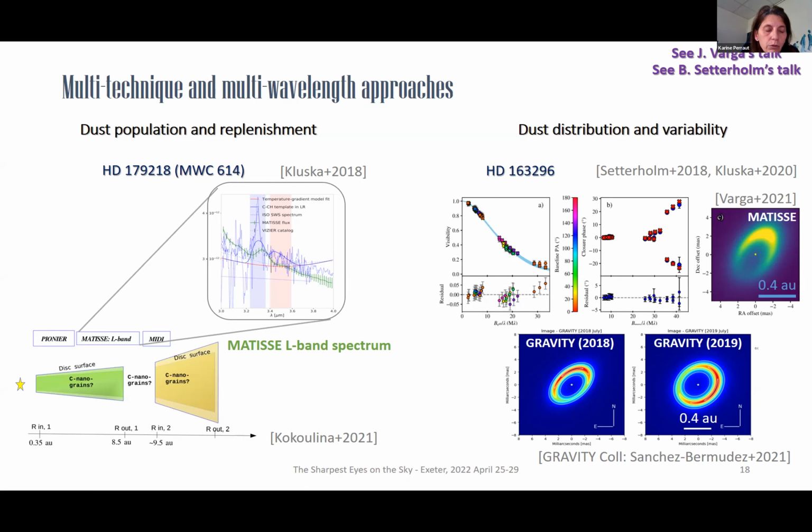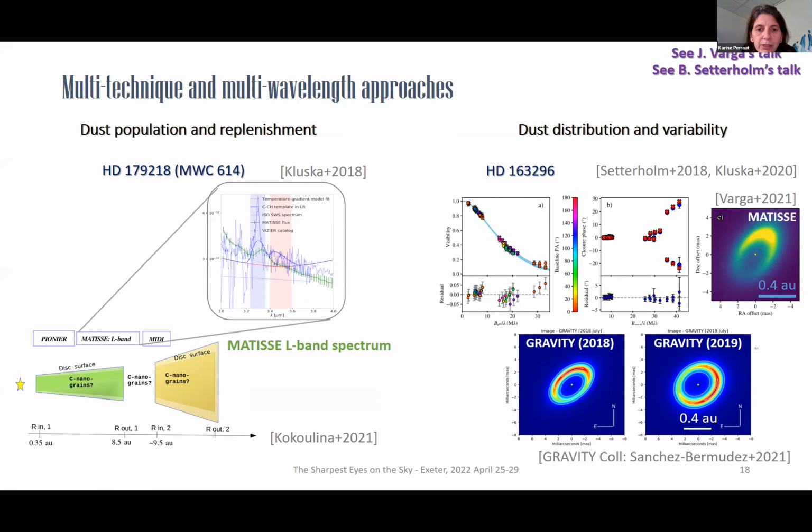And the fact that we observe these nanograins close to the star requires a replenishment process.